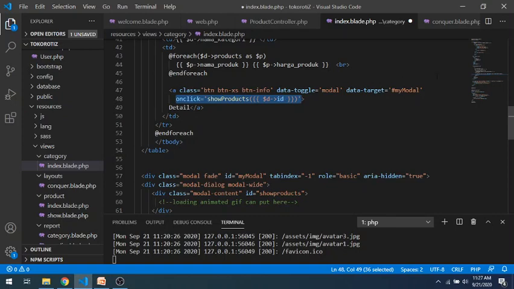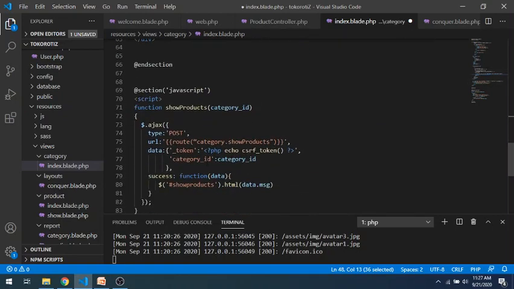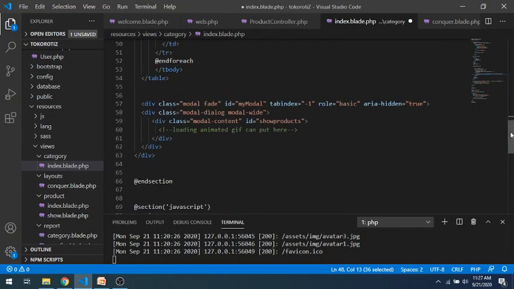So this is different, but this will call it first, and then on click it calls the show product function and goes here. But before the show product function, usually the model is already shown.